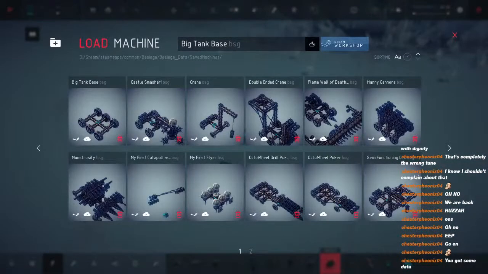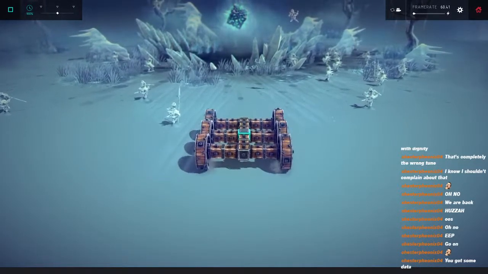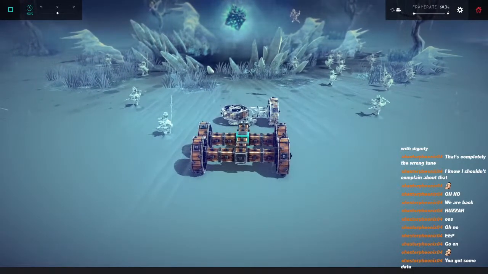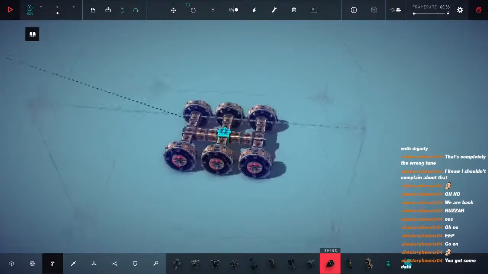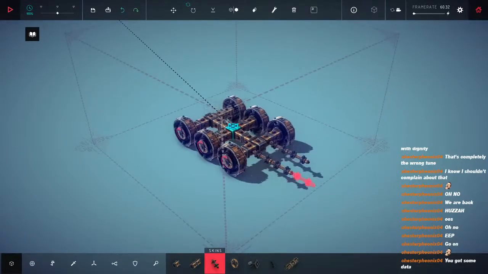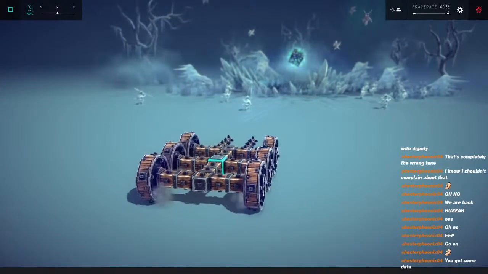Right, let's bring the big tank base out again. How close can I get? Probably that dude there is kind of the... Okay, so that's about as close as we can get. Now, fortunately, with 6 wheels, if I do get a little bit too close, it won't make too much difference. Plus, what I can do is I'll put a couple of test rods on the front. So once the test rods freeze over, I'll know I need to stop moving forward. But how much...